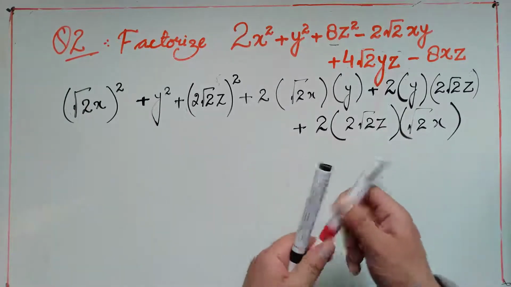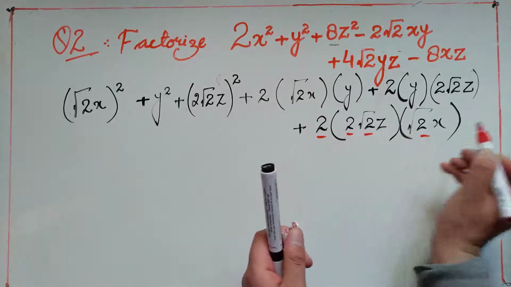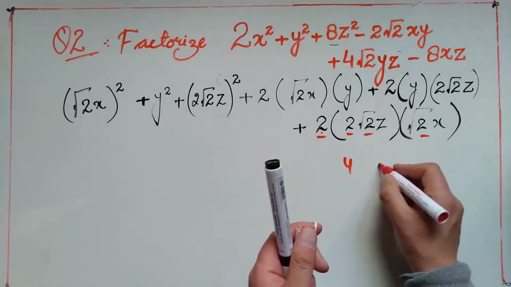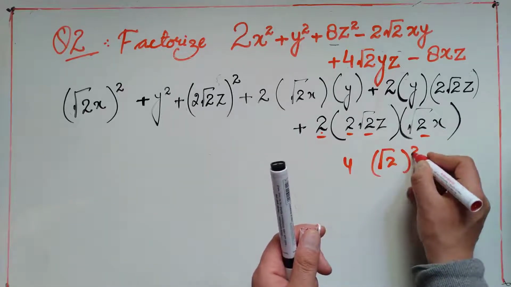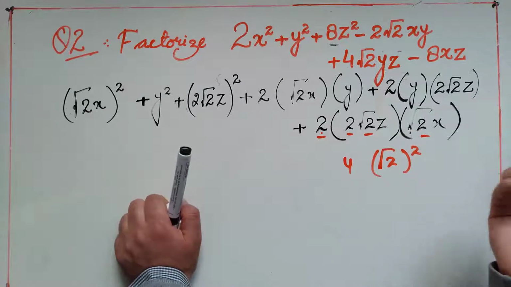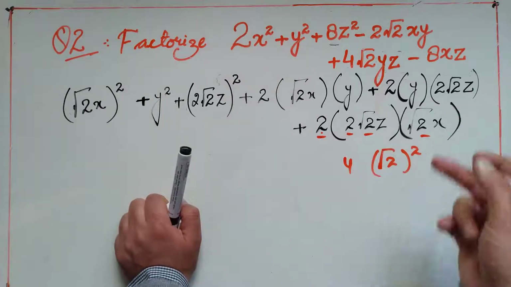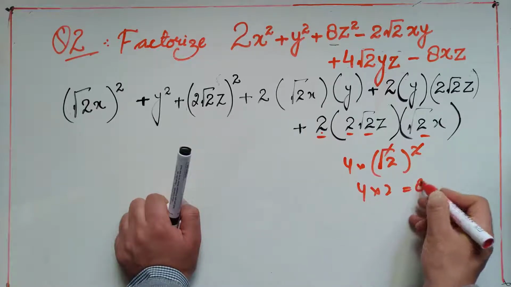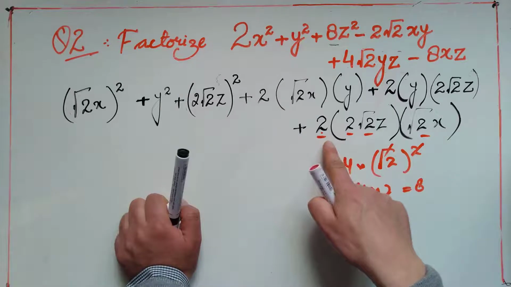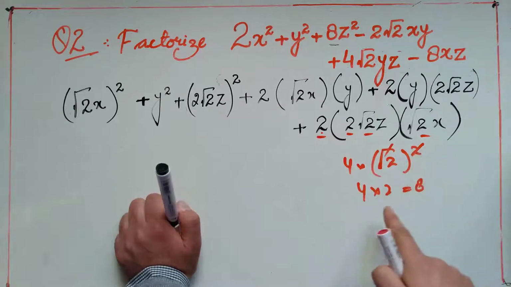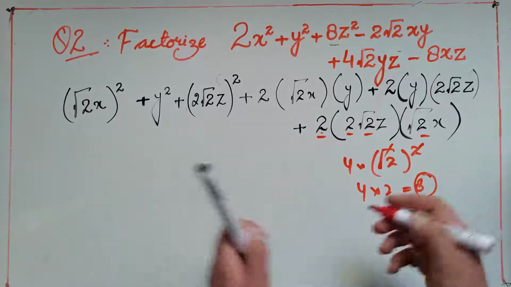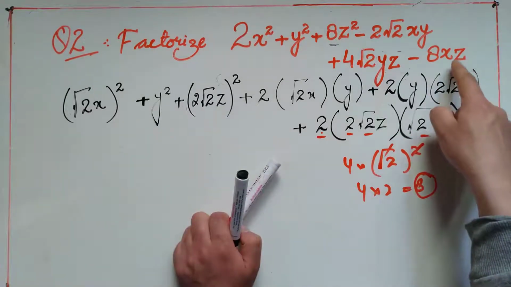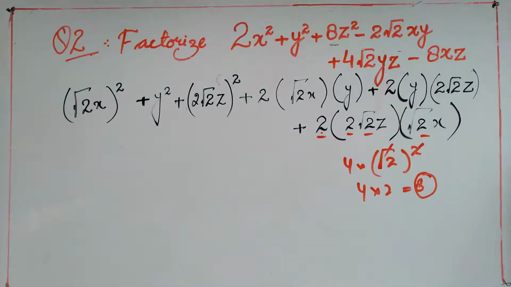These are to be multiplied. This 2, this 2, this root 2, this root 2. We know that 2 into 2 is 4, and root 2 into root 2 is root 2 square, like a into a is a square, b into b is b square. So root 2 into root 2 is root 2 square. Square and root get cancelled, so we get only 4 into 2, that is 8. So these numbers 2, 2, root 2, root 2, when simplified, give us 8. So it is 8, then z and x, 8xz. So that is it. So it is equal now.